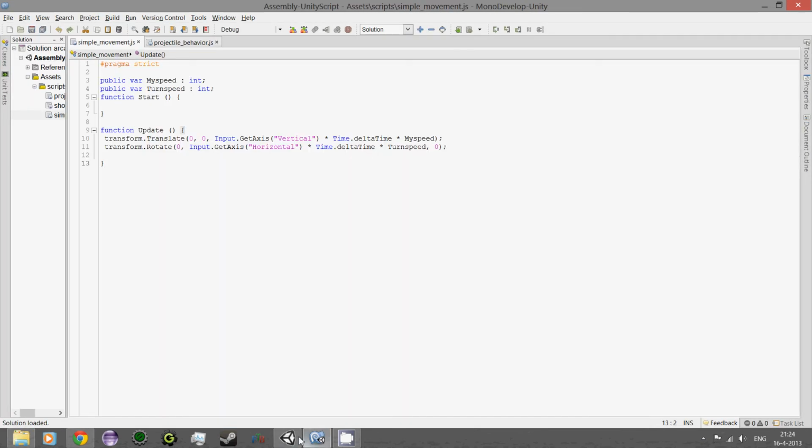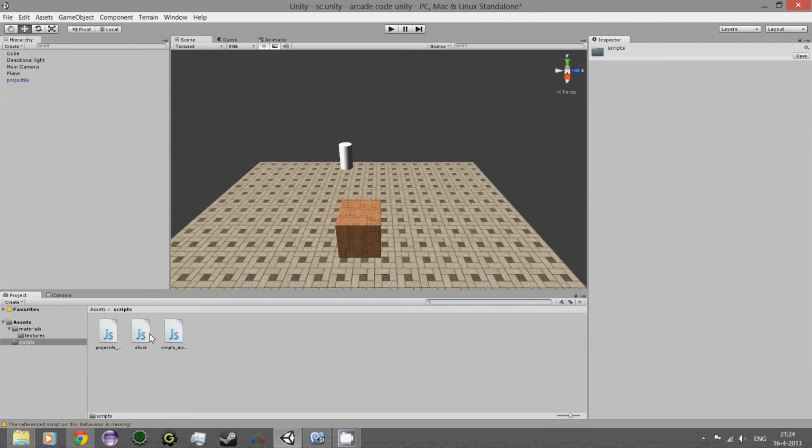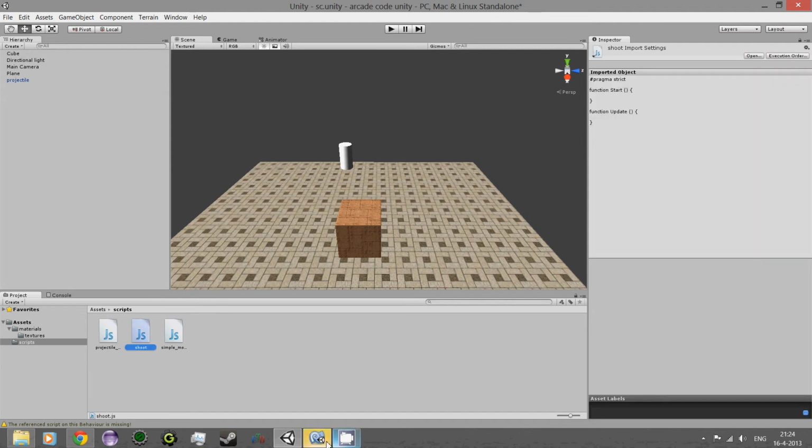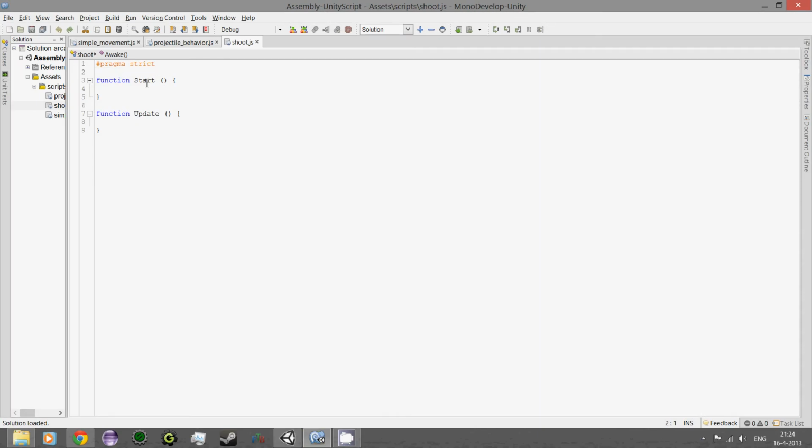So I'll just move the script, so we might have to open it back up. And it did not save, so public var obj two dots projectile behavior. In our update function, we want to have a